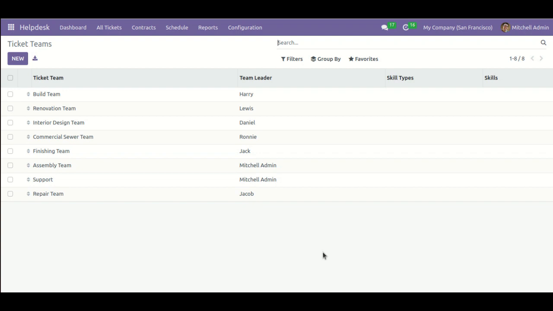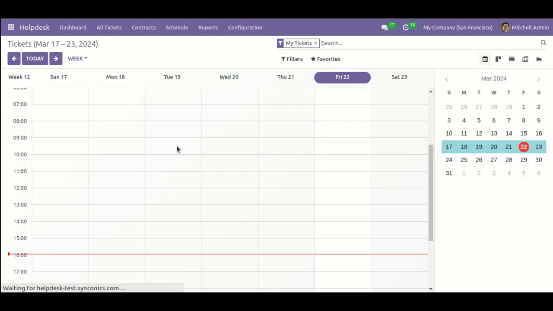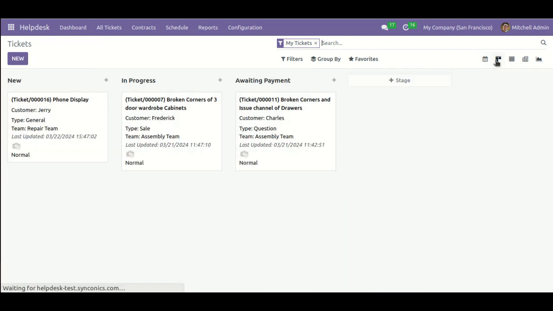Plus whatever the responsible user will be there, he can directly go to the dashboard, either from the dashboard or by going to this all tickets option. He will be able to generate a ticket. So let's create a ticket and show you one example. You can create a ticket directly from this calendar view, or there are different kinds of views as per the user's flexibility. Those are provided over here. Okay,